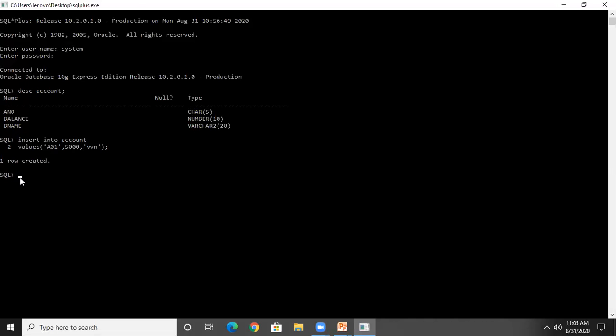Similarly, we have to insert a number of data. Suppose we want to insert 5 records, then we have to use the insert command 5 times. Account values A02, comma, numeric value, no quotation.